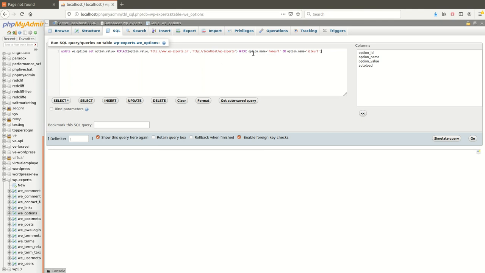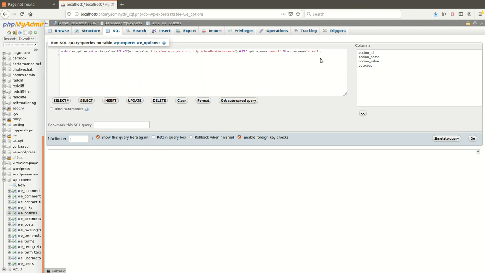In the replace function there are three parameters. First define the column name, second define the old or existing website URL, and the third one defines where you are going to set up the site. If you are setting up the site on local, then you need to put the new URL. If you are going from local to live, on your live server, then in the third parameter you need to put your live URL. Okay, so the first query is completed.